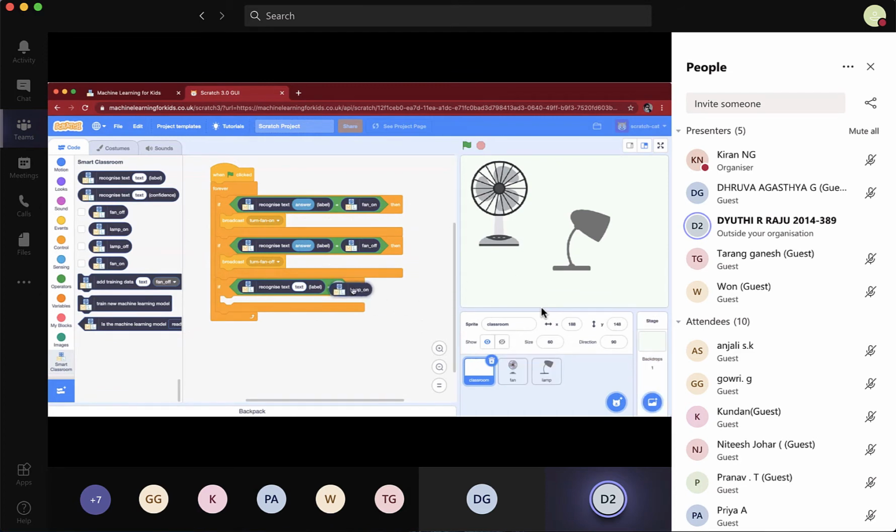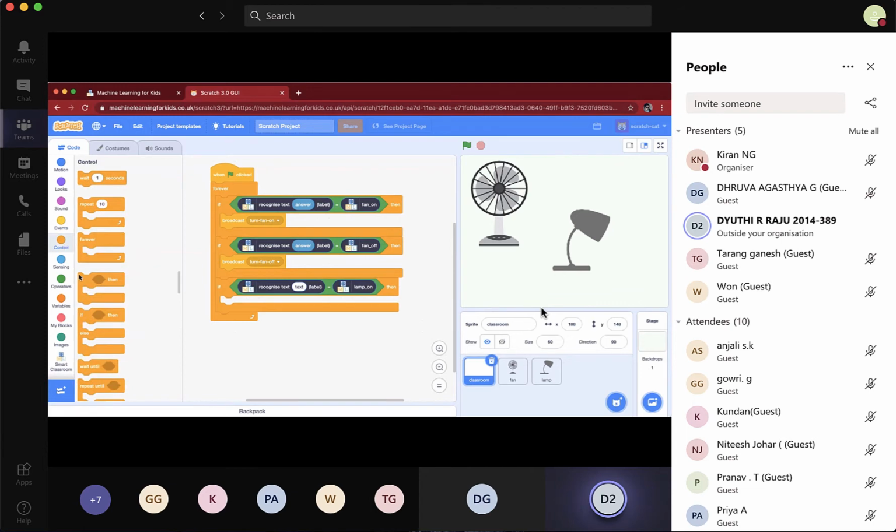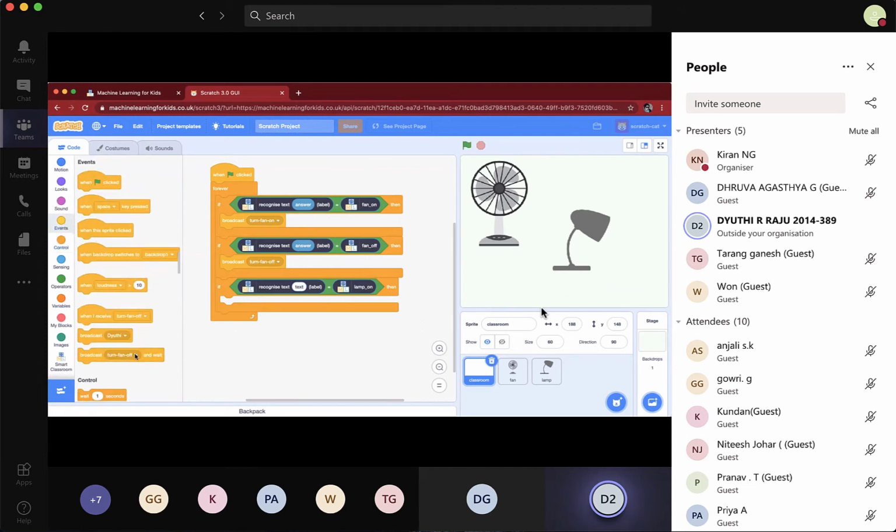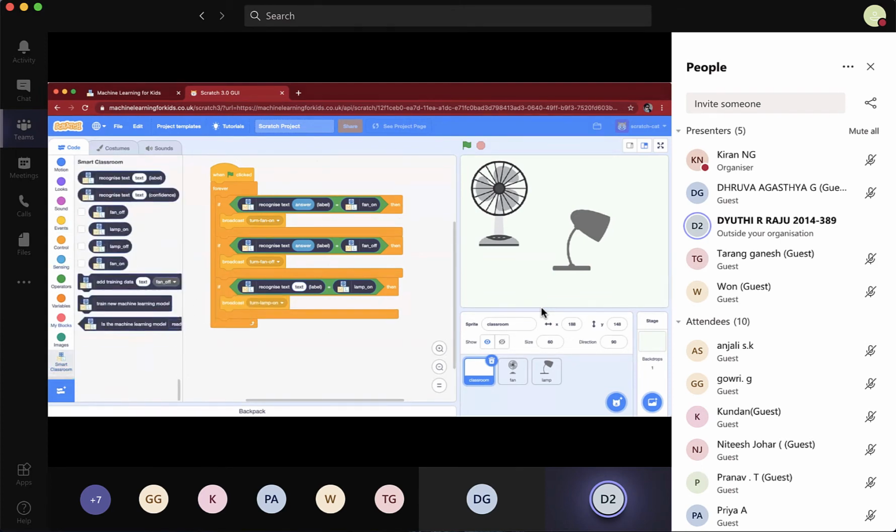So I'm done with fan on and fan off. I'm going to now do lamp on. It is the same code. If you have to turn on the fan, then the fan or the lamp. So here, over here before this loop,